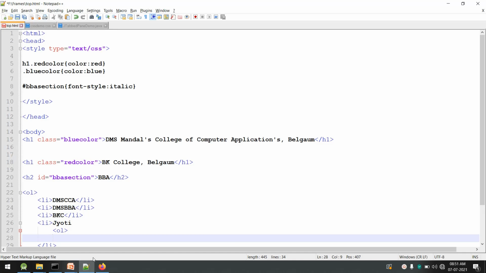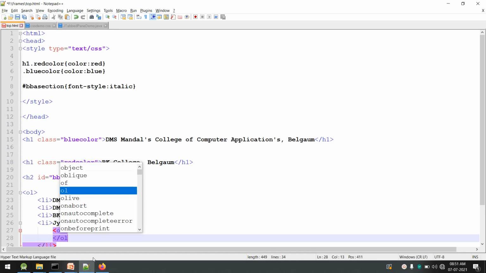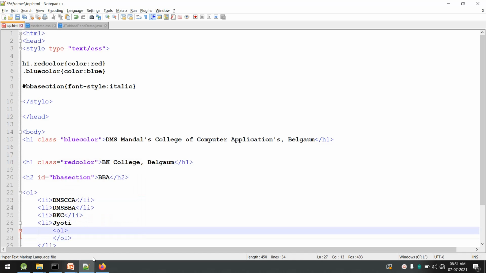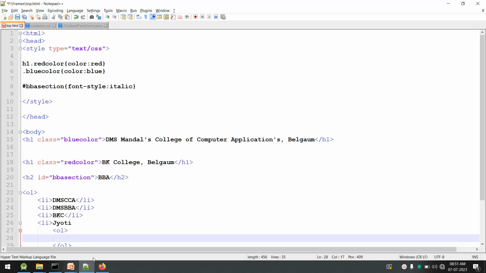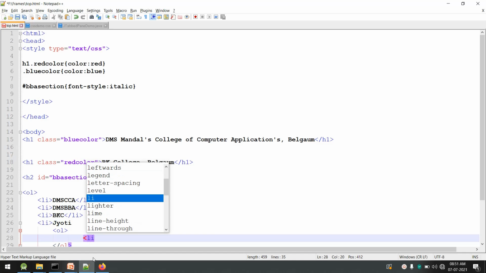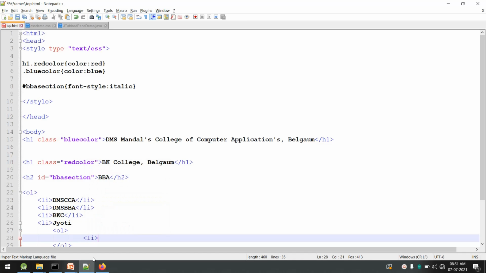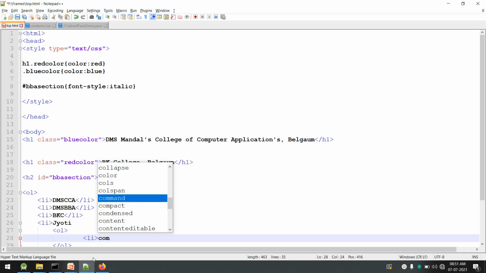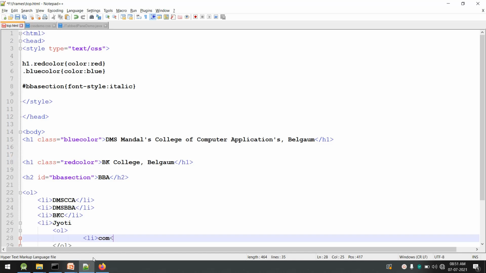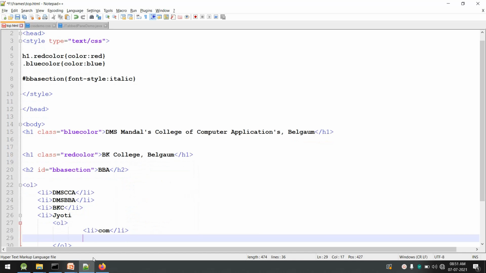I'll open the OL and close the OL, and in between I will add some items. First item li, I'll say com for commerce, and close the li, and one more item, li science. Close li.